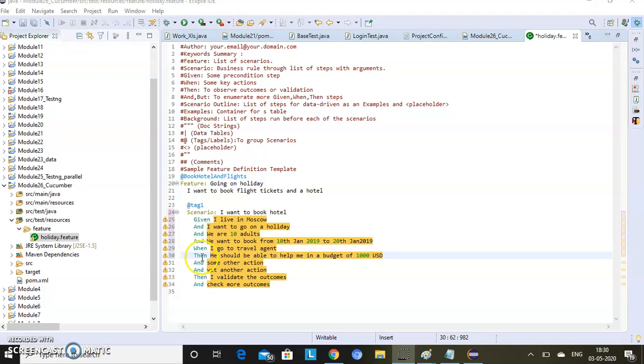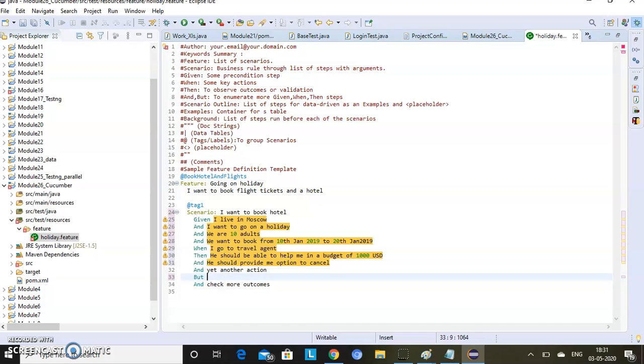And with then I can also join the condition with the help of and. So and he should provide me option to cancel. We can use a but condition, something that should not happen.